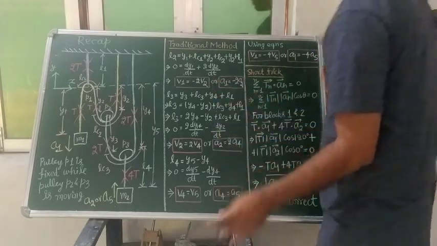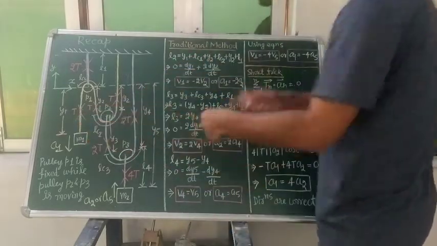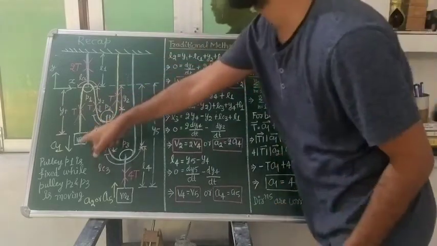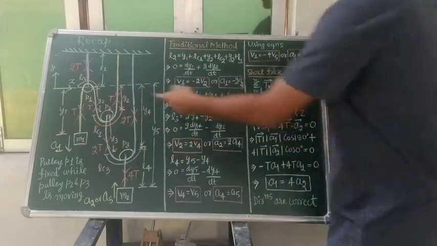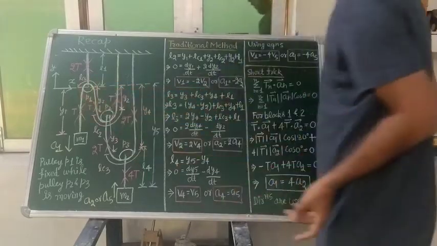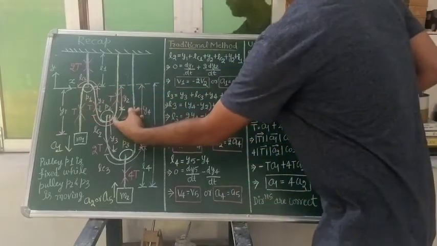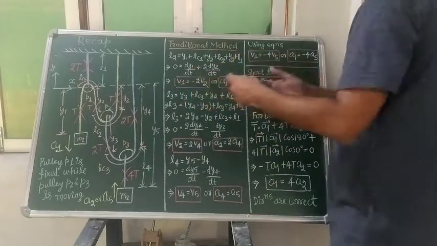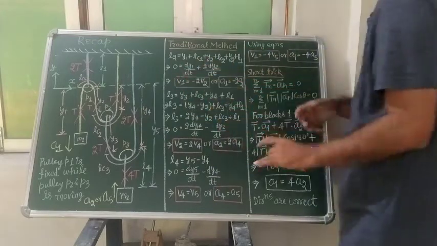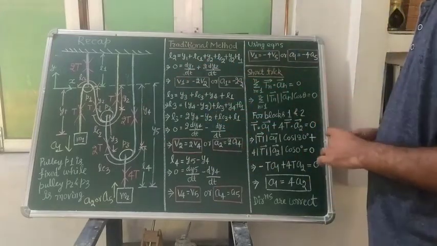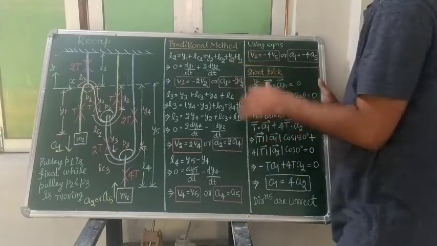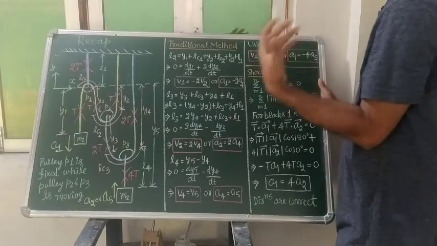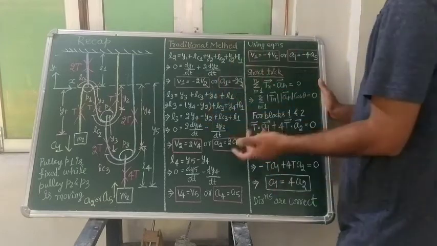Meaning, whatever will be the acceleration of that block, half of the acceleration of that block will be the acceleration of this y2 string, or you can say your pulley, and they will be in opposite direction, the negative sign showing only that. Then after writing the equation of the length of that second string, we will write the equation of the